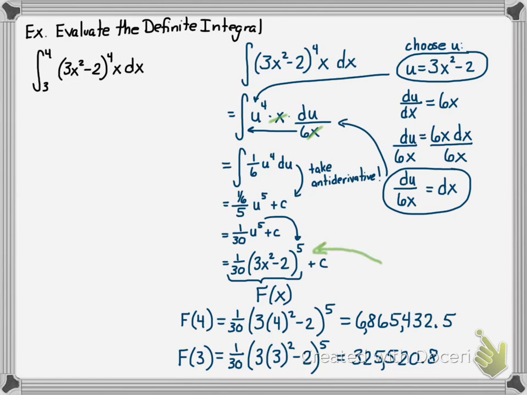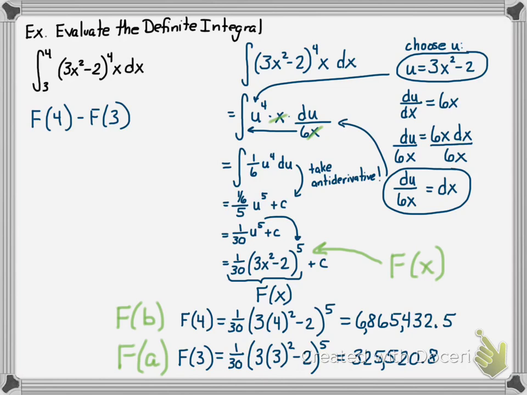Okay, so to evaluate the definite integral, we first find our antiderivative. There it is, there's our antiderivative. Then we calculate F of b, so that's our antiderivative is capital F of x. We calculate F of b and F of a, and now we subtract those two values. So we have capital F of 4 minus capital F of 3 will be